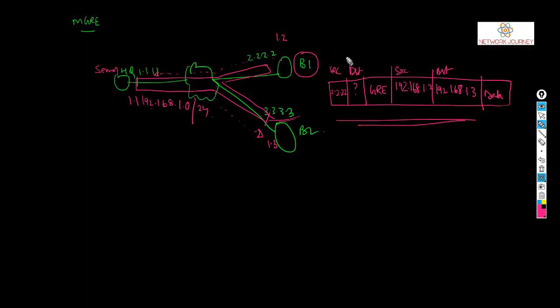Now the issue is exactly over here. What is the destination IP? When your packet is sent to the hub, it is going to see the public IP and check which public IP that is, but it is clueless. It doesn't know where it has to send, because there can be multiple other routers or other spokes as well.